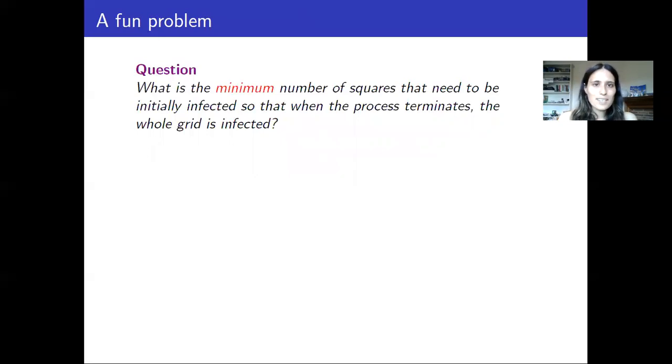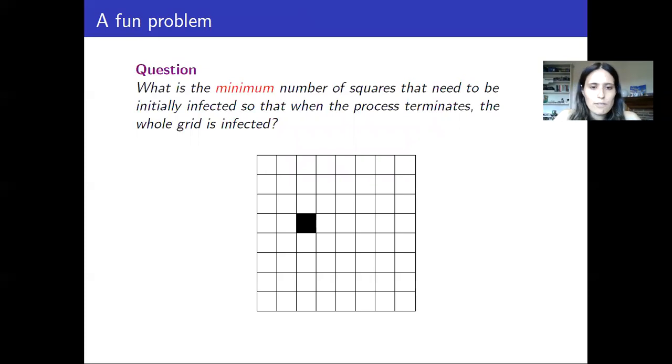So hopefully now you've paused your video and we can have a little talk about what the answer to this question might be. It's fairly easy to come up with simple lower and upper bounds for this problem. Trivially, if we only infect 1 square, then it's not going to spread at all and the whole grid will not become infected. So a lower bound on this number of squares is that it has to be at least 1. In fact, much more than 1. You could infect a square over here too, and it's not going to work.